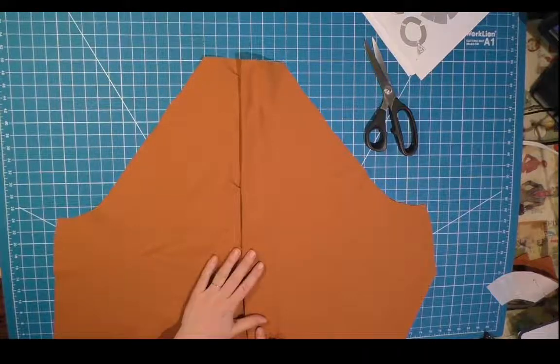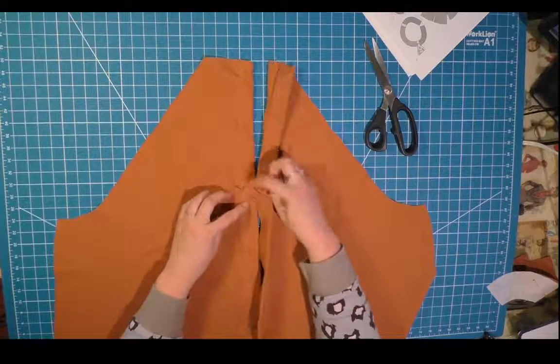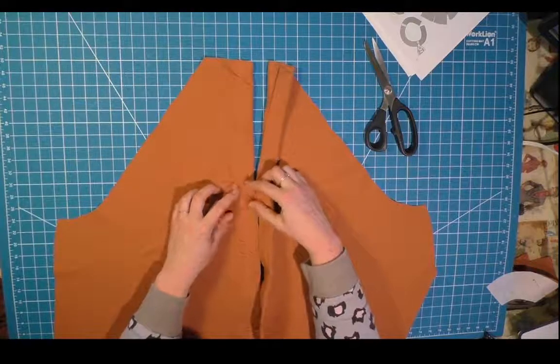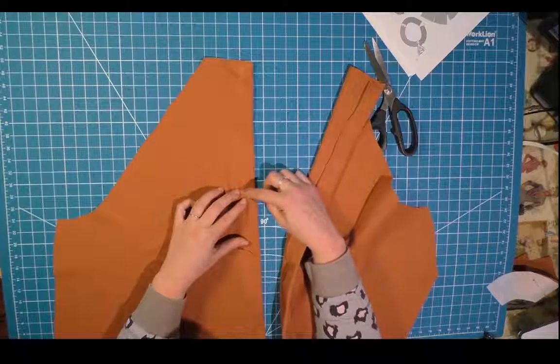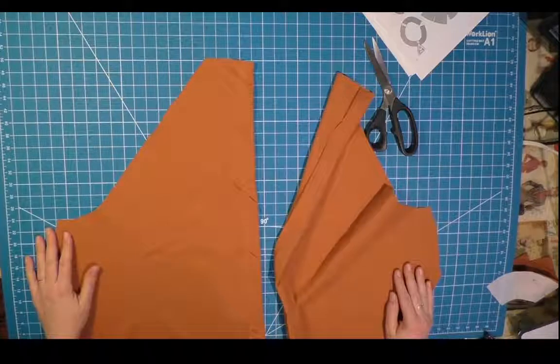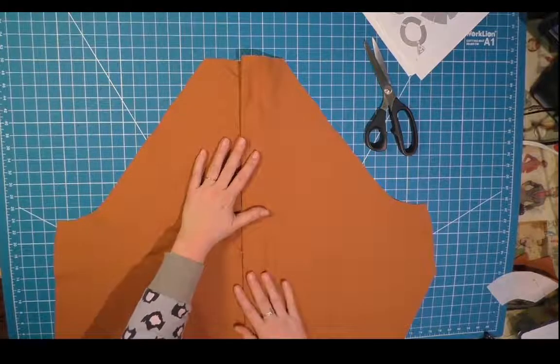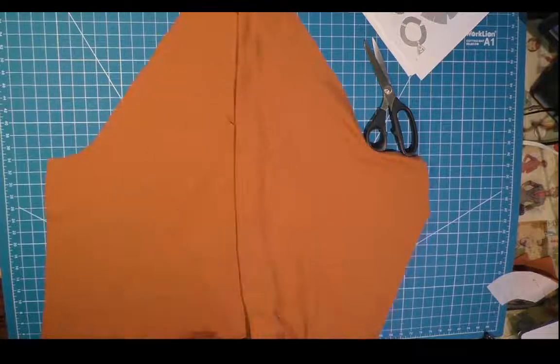when I sew them together. You can still see that. And honestly, if it starts to really bug me, you can also just pick this little, and then you could kind of spread it out as you sew it. I'm not gonna worry about it today. It doesn't bother me that much. So now